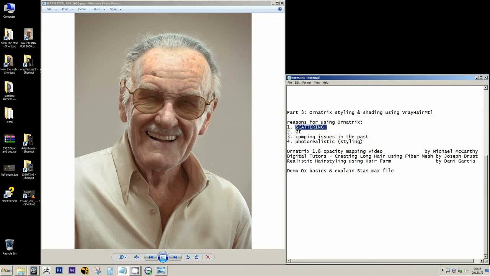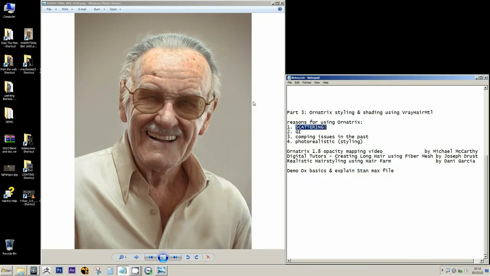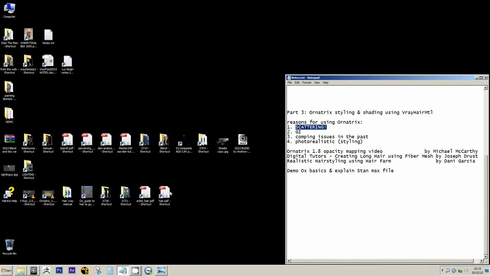The first and main reason actually is because I want a scattering-capable hair shader. For example, the default Hair and Fur doesn't have that scattering capability. So in terms of the shader, I guess, because if I can show you guys real quick a